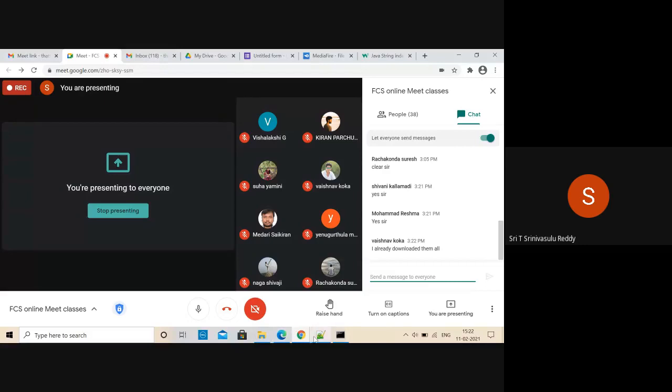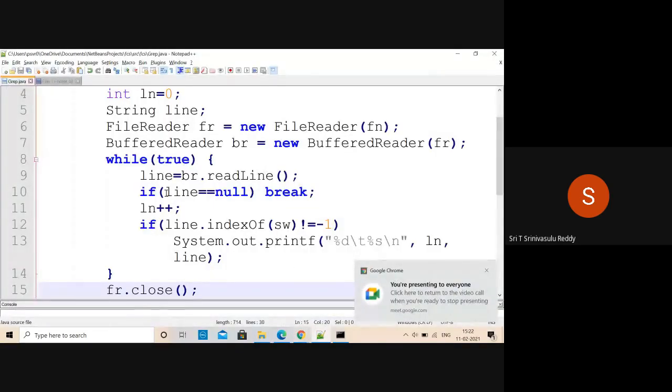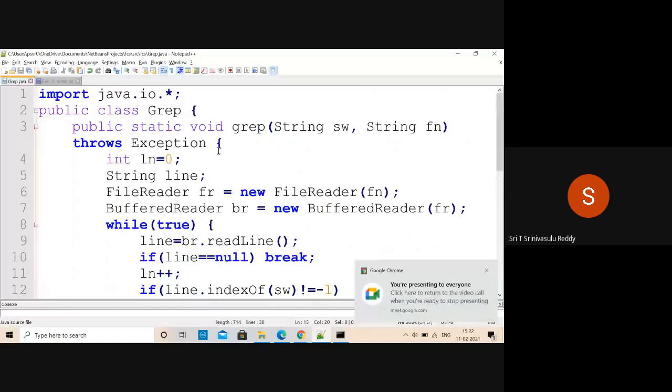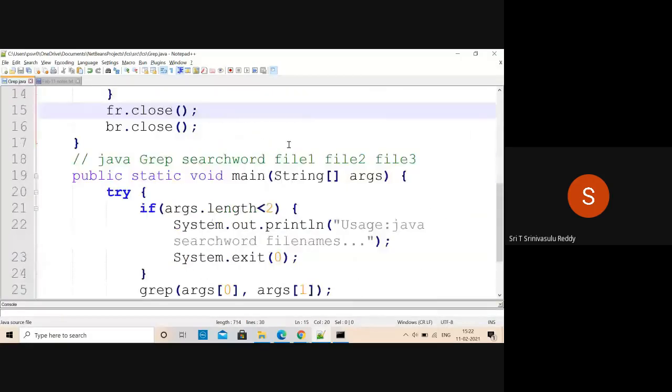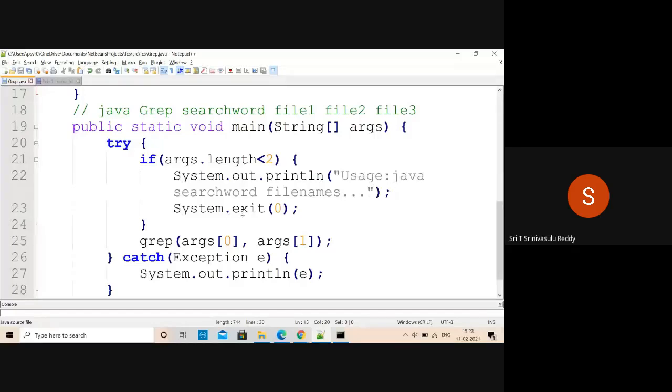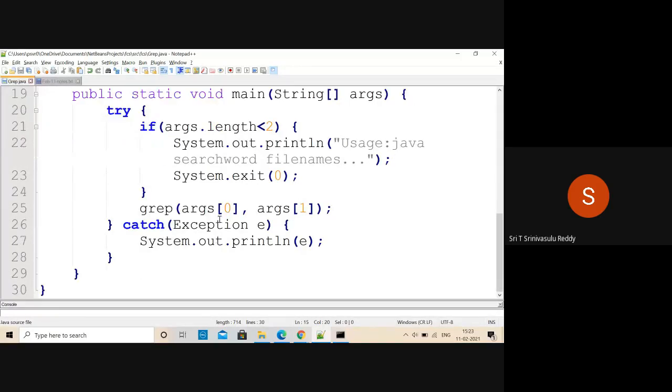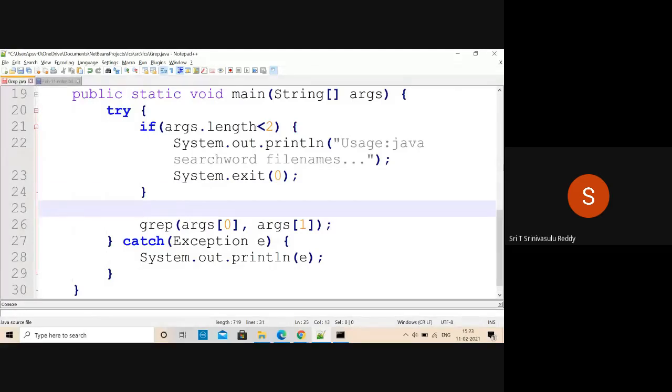All right. So coming back to this now. Right now, only a single file we have given. The logic, as you can see here, you are calling only once. Instead of this, if you want to work on multiple files, searching for the same word, then you require a kind of a loop, a small for loop. For every file, you have to repeat that. So you have a for each loop also, in fact.